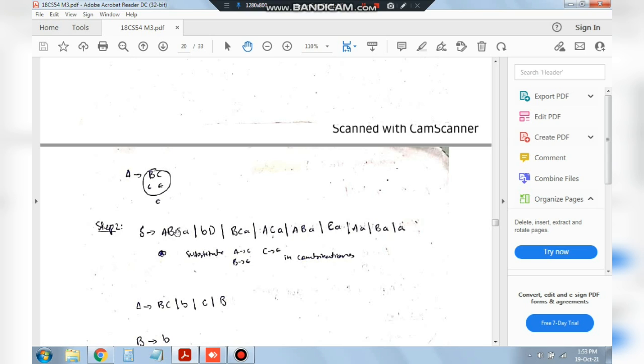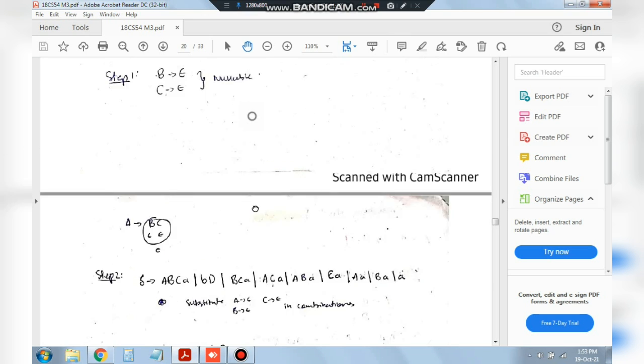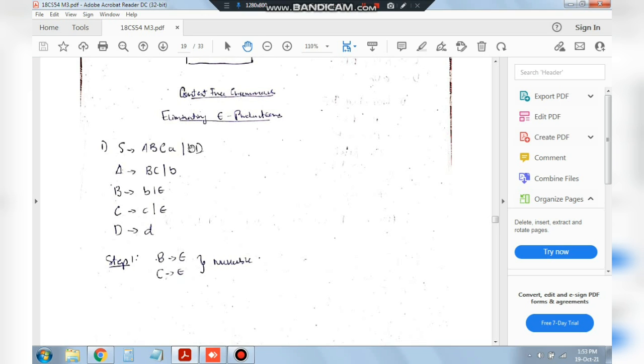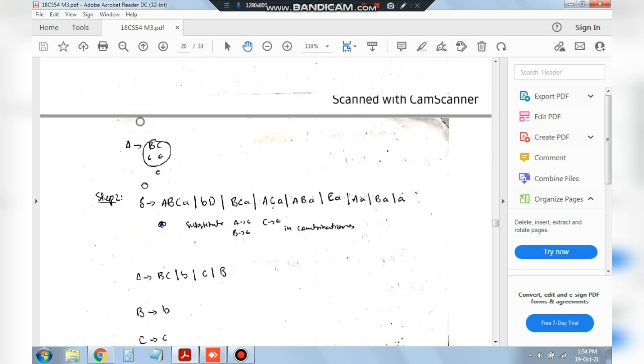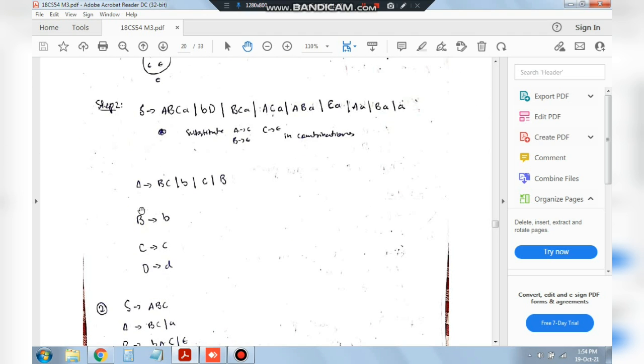If I substitute B and C as nullable, A will be remaining. And if I choose one letter at a time, like A, then B, C will be remaining. If I choose B, A, C will be remaining. If I choose C, A, B will be remaining. These are the combinations which we have written here, the combinations of the nullables, and the D is from the previous statement only. This I have written as it is. After we have found this one, we'll do the same thing for the other letters as well. Firstly, we'll find the nullables, and after that we'll substitute the nullables in the main equation.